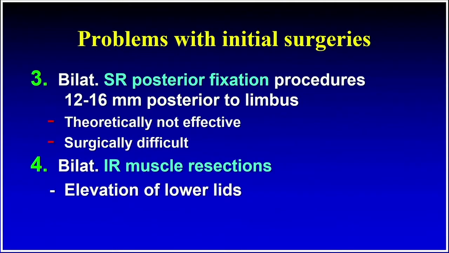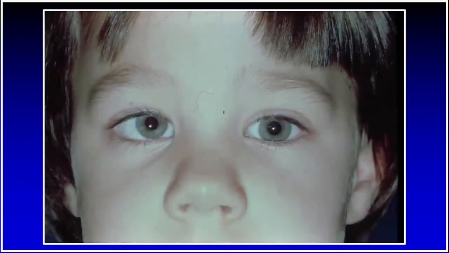In bilateral inferior rectus resections, the problems there are elevation of the lower lids especially, and then a recurrence of the DVD, because when you do resections without opposing weakening muscles of the other side, you get a wearing off of 30 to 50% over the first couple of weeks or couple of months, and get a recurrence of the DVD. This patient had previous bilateral medial rectus muscle recessions, has residual esotropia as well as DVD, had